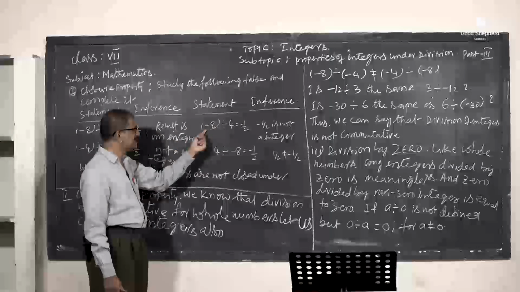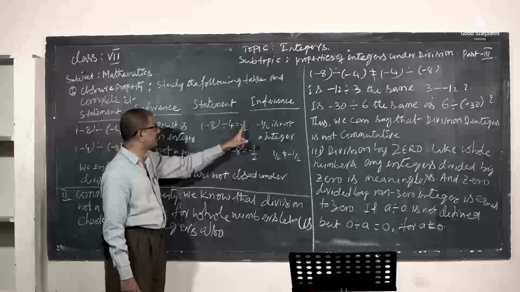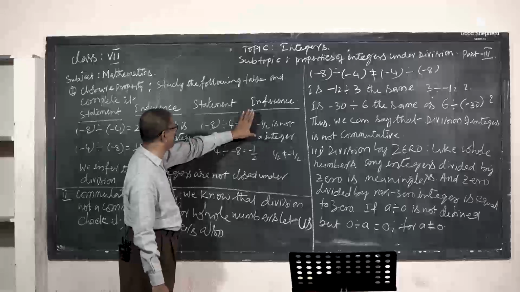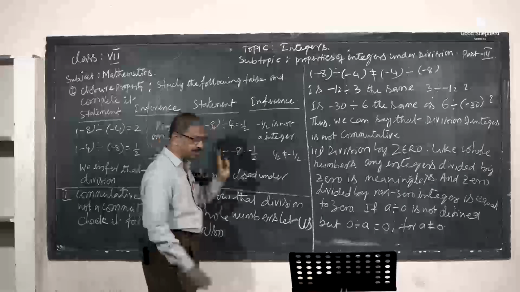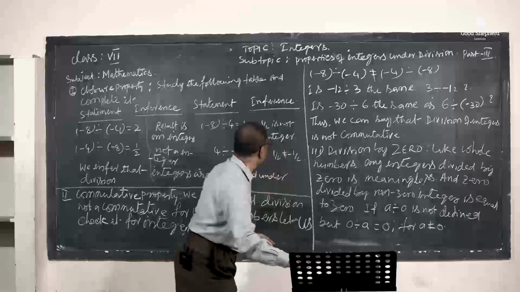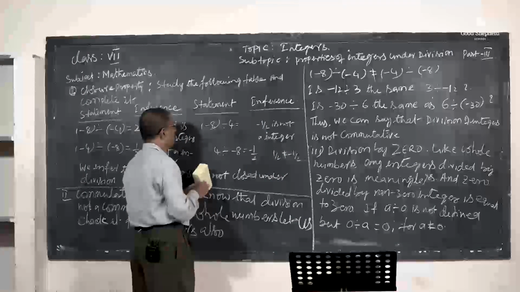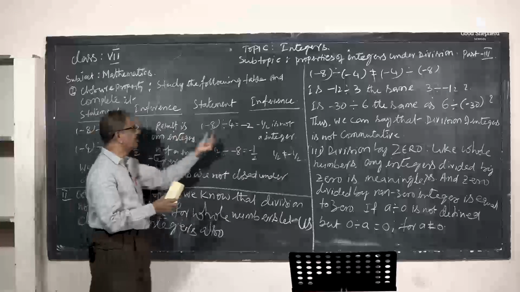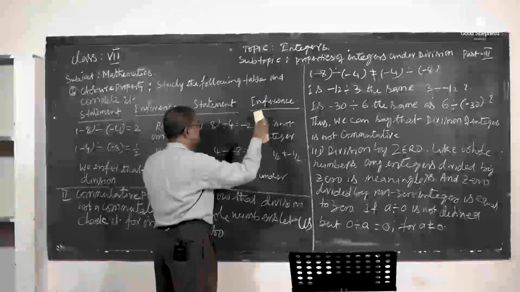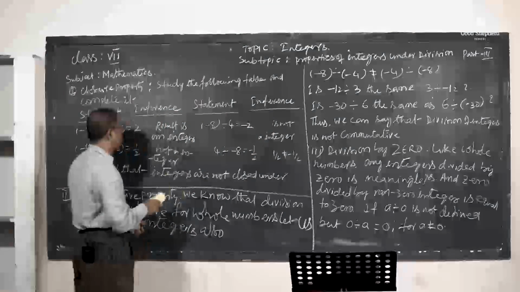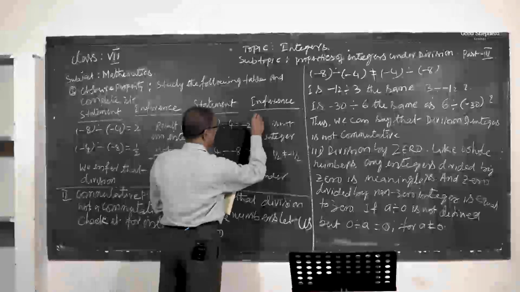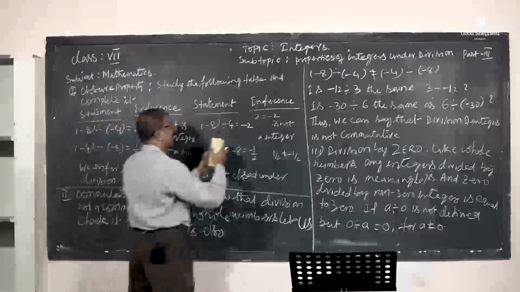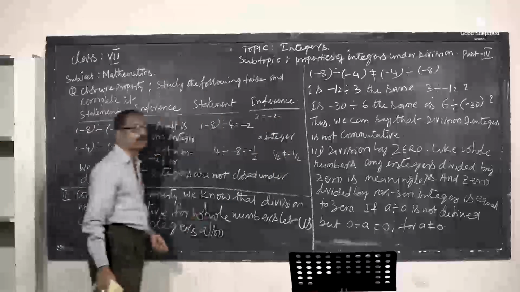And here, minus 8 divided by 4 is equal to minus 2. Minus 8 divided by 4, I should get minus 2. Now, please check: we got plus 2 here and minus 2 there. This is also an integer, but their signs are different. 2 is not equal to minus 2. So we can get an integer, but the two results are not equal.